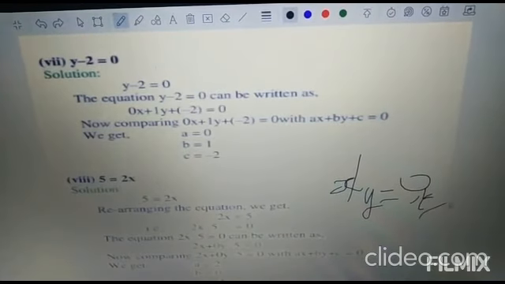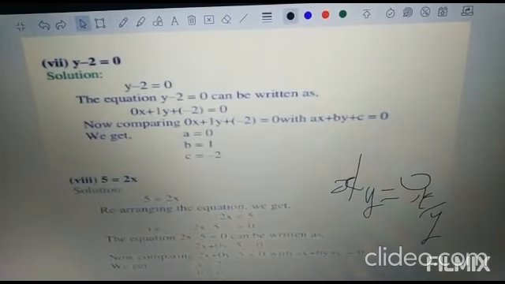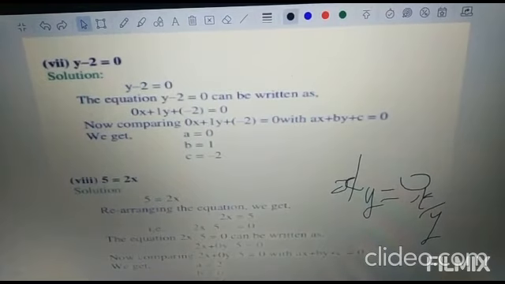Okay, guys. Now this portion. It is written 5 is equal to 2x, so we will write it as 5 minus 2x is equal to 0. Now there is no third term, so we will write it as 5 minus 2x plus 0. Now we will put a y also with 0 because y's value is not given, so 0y. Now the equation would become minus 2x plus 0y plus 5 is equal to 0. Now a's value would be minus 2, b's value would be 0, and c's value would be 5.